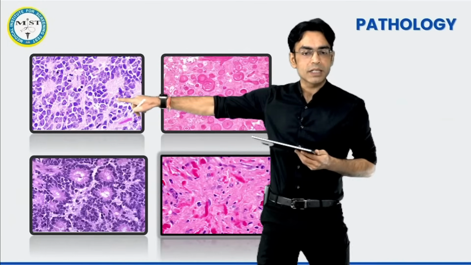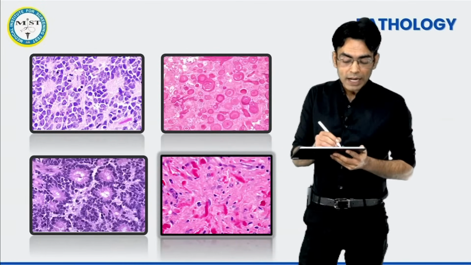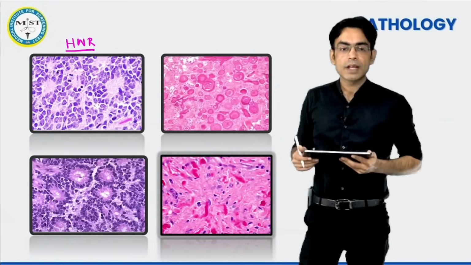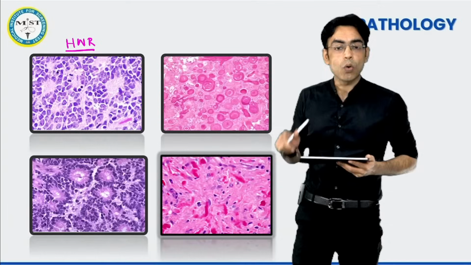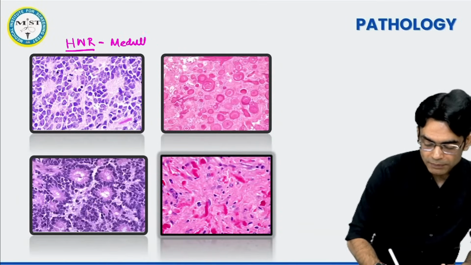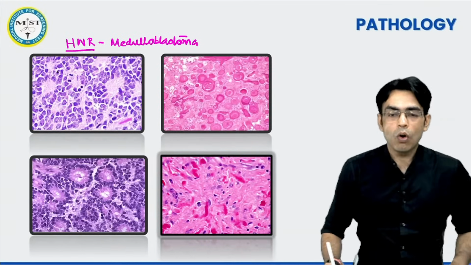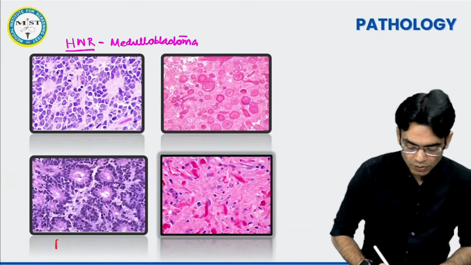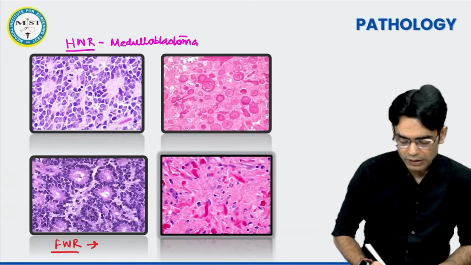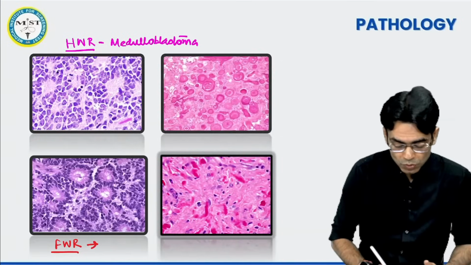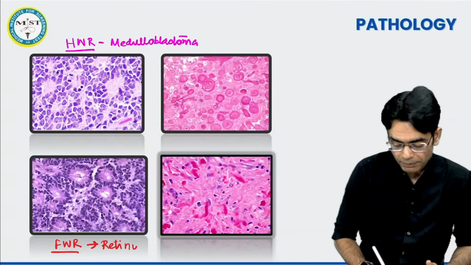ये वाला जो rosette है ना बेटा, this rosette is called Homer Wright rosette. And where do you see this Homer Wright rosette? Homer Wright rosette you are seeing in the patient of medulloblastoma. किसमें दिखेगा छोटू? मेडुलोब्लास्टोमा. और ये जो है this kind of rosette, इसको बोलते हैं बेटा Flexner-Wintersteiner rosette. I am sure your ophthalmology session has been done, your classes have been done, and it must have been told to you that it is seen in retinoblastoma.